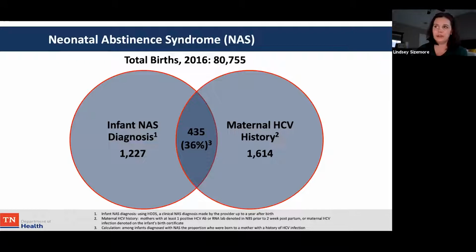We also know per an analysis we conducted in 2019 that there is overlap among a maternal history of hepatitis C infection and an infant NAS diagnosis. There were 80,755 live births in Tennessee in 2016, and of these infants, 1,227 had an NAS diagnosis within 1 year of birth, and 1,614 were born to a mother with a history